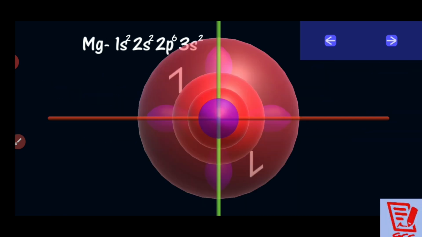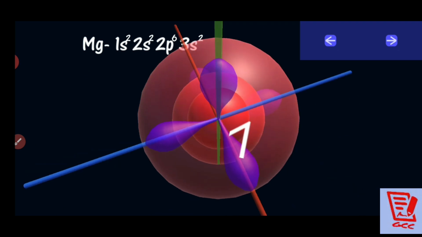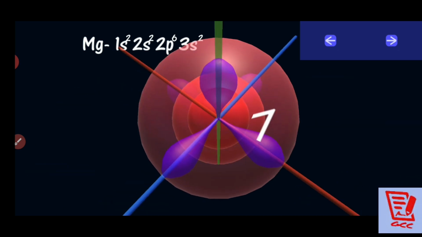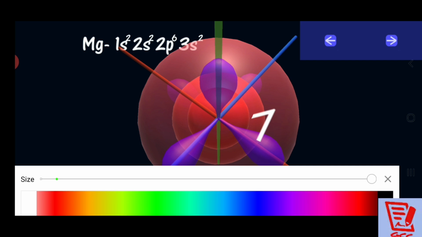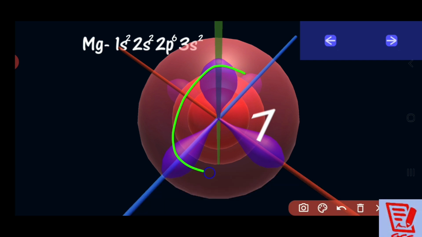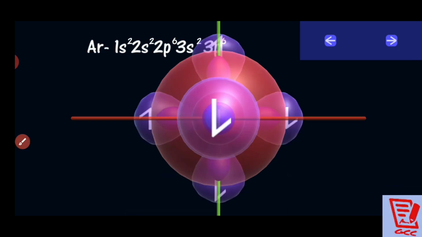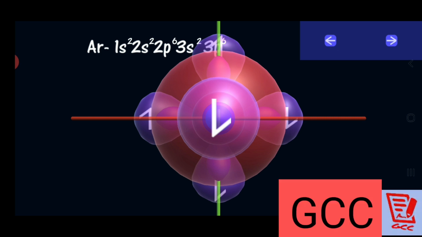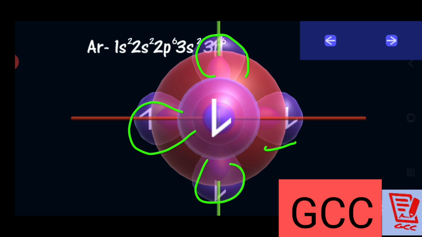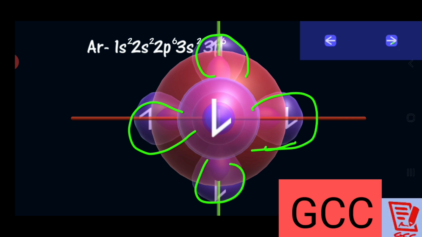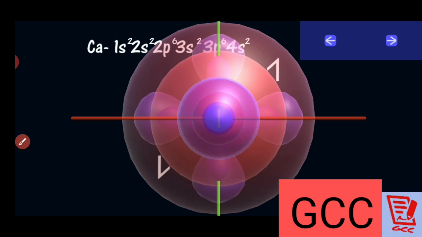Is that clear? Next one you see, magnesium. अब मैग्नीशियम देखो, इस 2p के बाद, and after this 2p, what is there? Next orbital we have drawn 3s. Clear है? Next one you see argon. अब argon में क्या है हमारे पास? 3s2. Then after that बेटा 3p6. See, after this 3s we have drawn p orbital. Yes or no? Is that clear बेटा? Like this way only orbitals are forming.